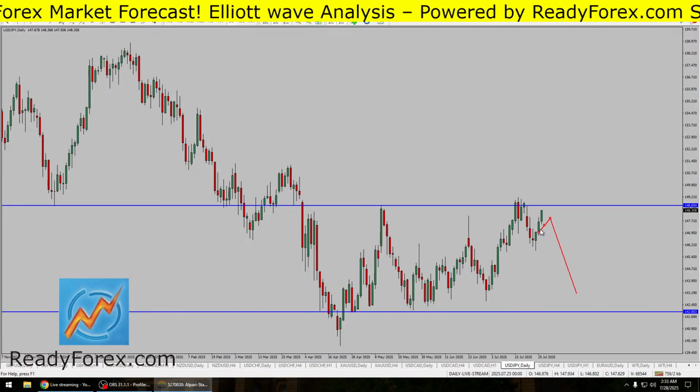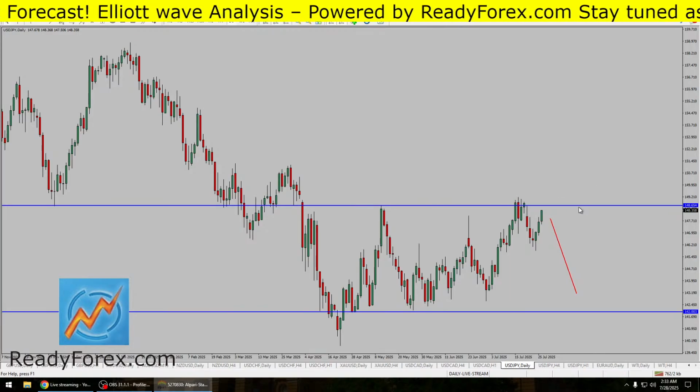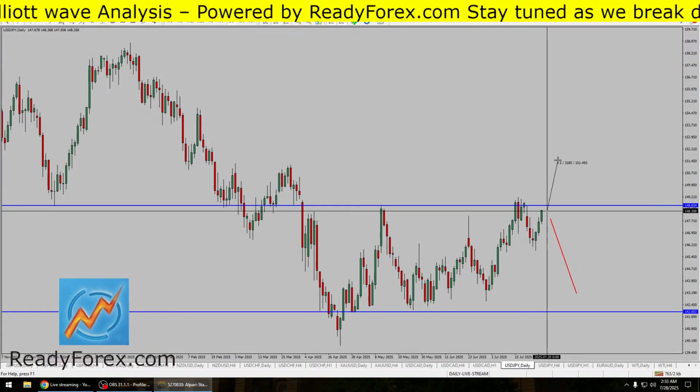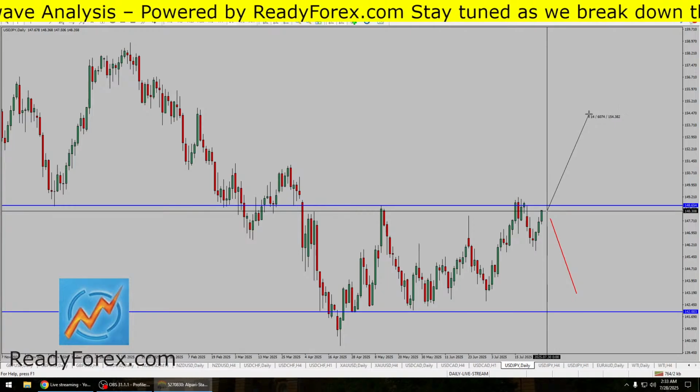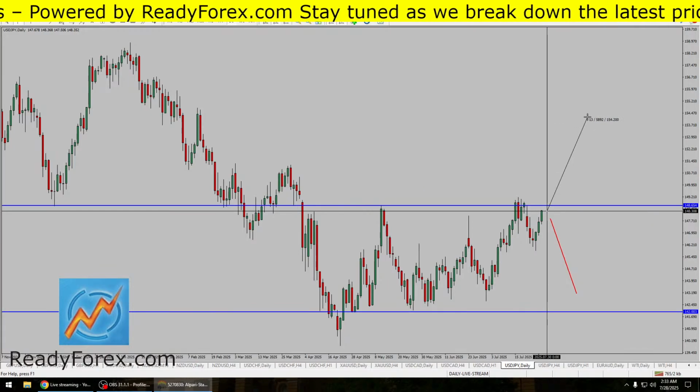However, the way the market is firing up, a good idea is to wait outside, and it's quite possible that we might get a bullish move over here. Something like this is probably going to happen. Then the market is going to print a top and then it's going to drop. Okay,